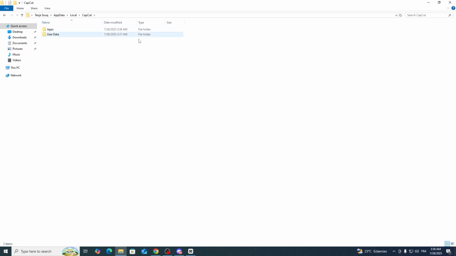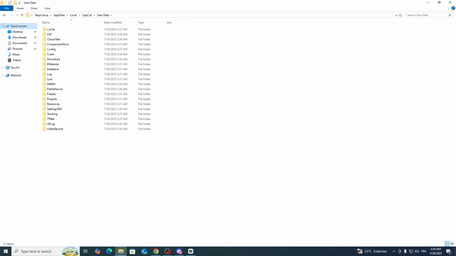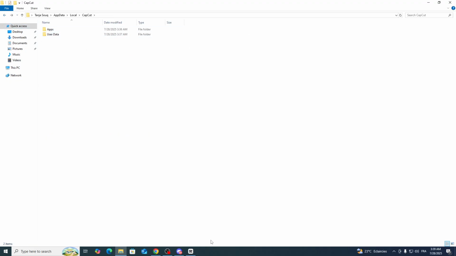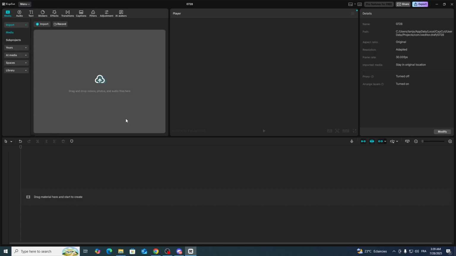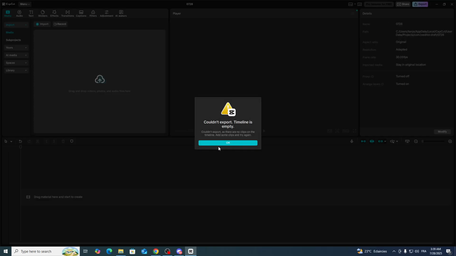Normally, once you export any video, it should be exported in this area and in this folder. Now, if you don't find it there, then go to exports, and here as you can